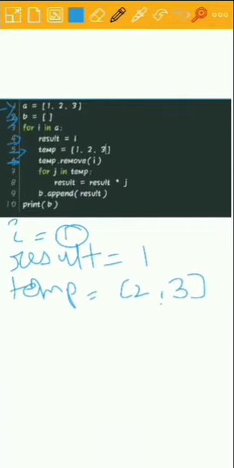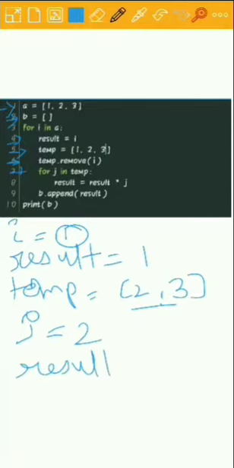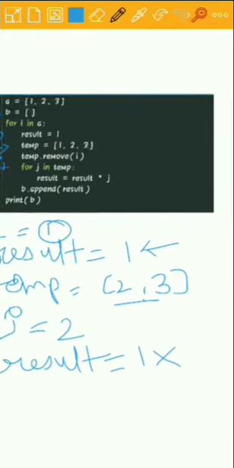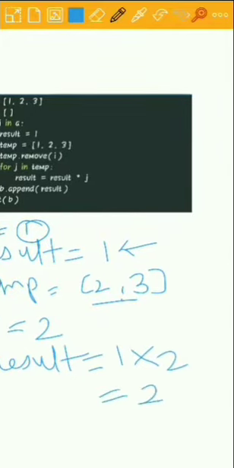We have to do multiplication of 2 and 3. So for multiplication we are using another for loop at line number 7: for j in temp. The initial value of j is 2, and inside the for loop we are doing multiplication: result equals result into j. Result is 1, so 1 into 2 is 2.